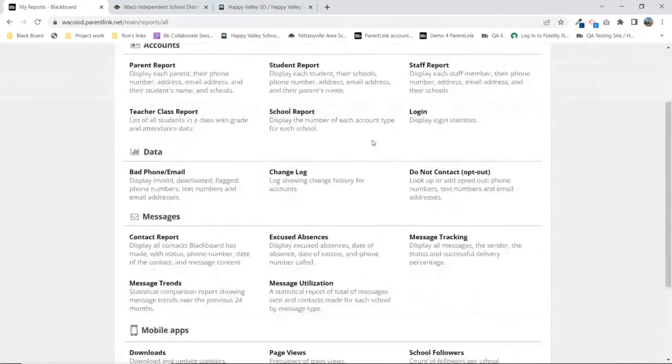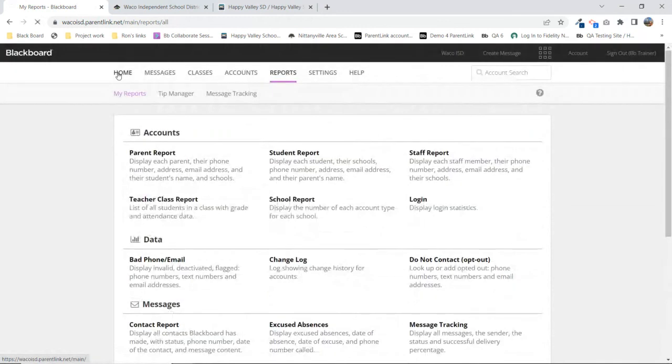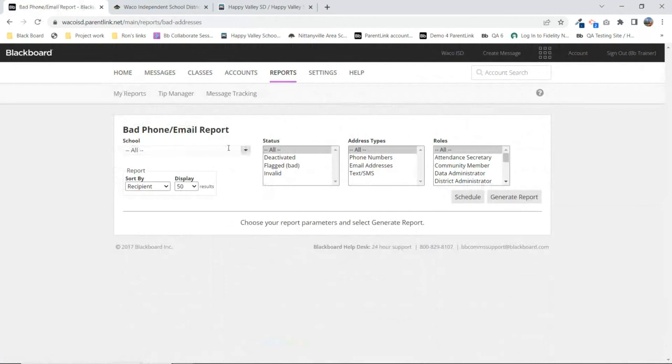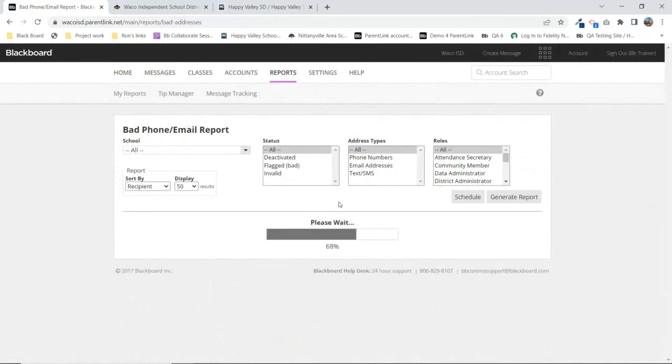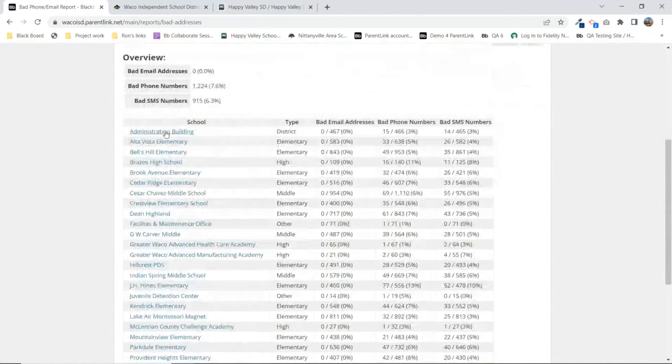Another useful report is going to be the bad phone and email report, right? And you also see a quick link for that on the dashboard, the home screen. This bad phone and email. So if I run that, you'll see, as someone at the ISD, I'll see overall numbers, right? So no bad email addresses, but there are some bad phone numbers and text numbers, and then a breakdown per school,